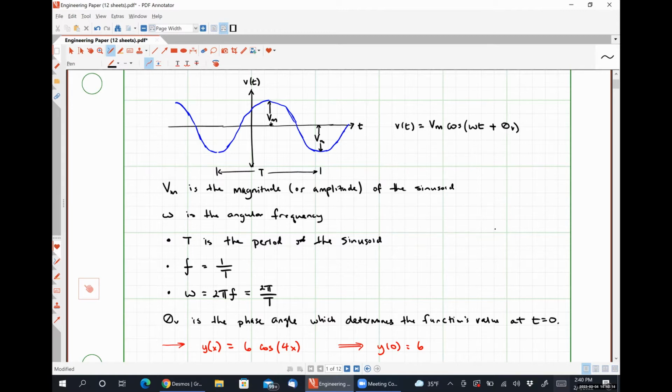By a small amount. And I say that because if it were a sine function, we would expect the value of the function to be 0 at t equals 0, but we see instead that its value is 0 at some time slightly before 0, okay? So that phase angle, this guy right here, literally just represents, to some extent, how much we've slid this graph